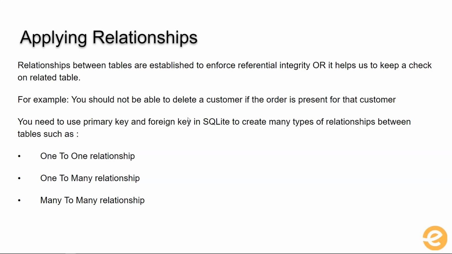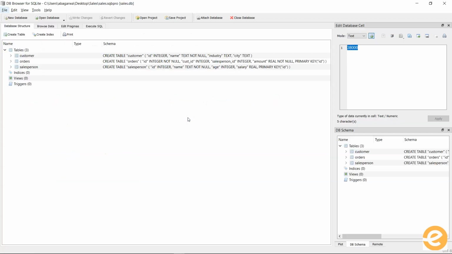Now let's go into the front end and see how we can establish the referential integrity, as it is said in the technical terms, or relationships, which is a more general name. So here I am in the table section where we have the previously created customers table, orders table and salesperson table, and what we will do is we will apply the relationship between the orders table and the salesperson table as well as the customer table.